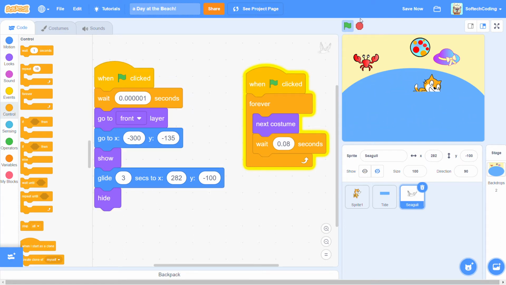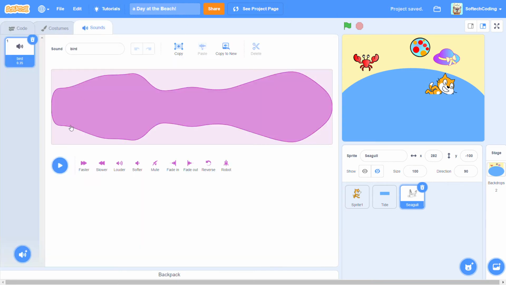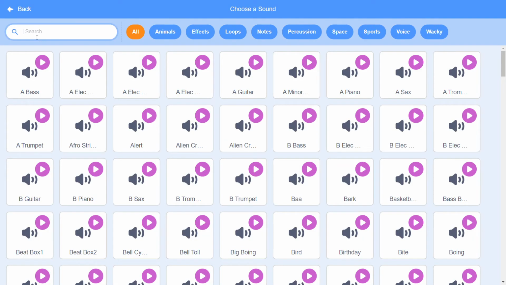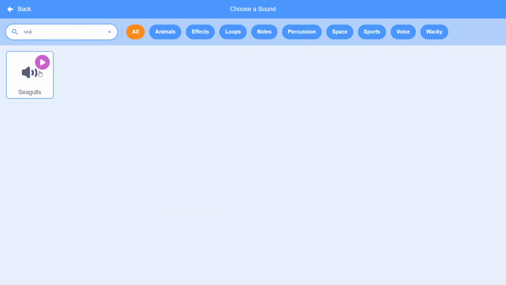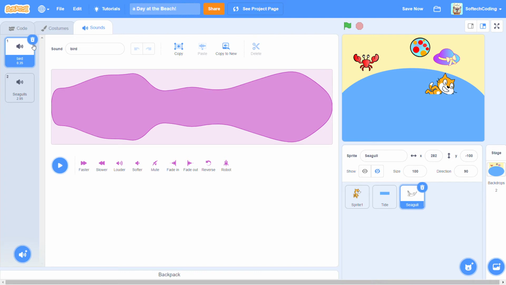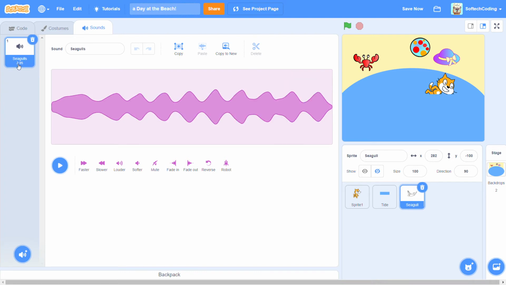So now we're going to make it caw like a seagull. So we're going to first save it. We're going to go to sound. No, I don't think seagulls sound like that. So we're gonna do seagulls. Yeah, that sounds awesome. So we're gonna first delete the bird because I don't think